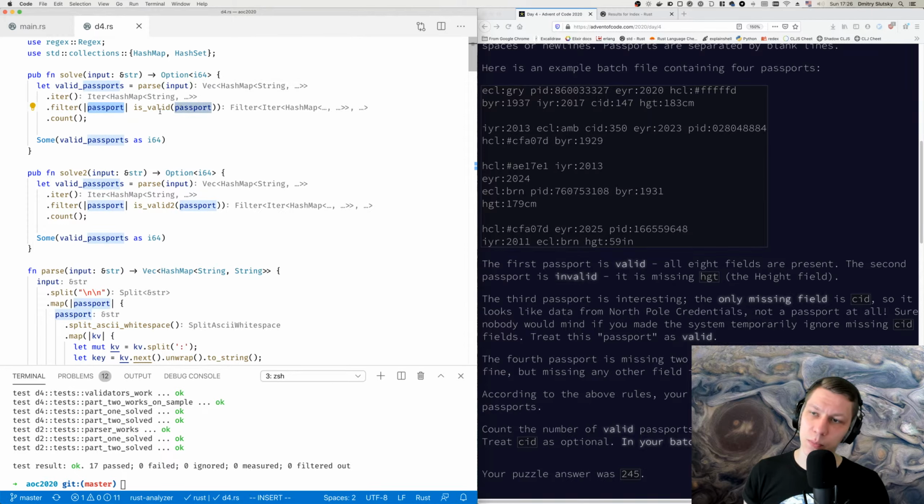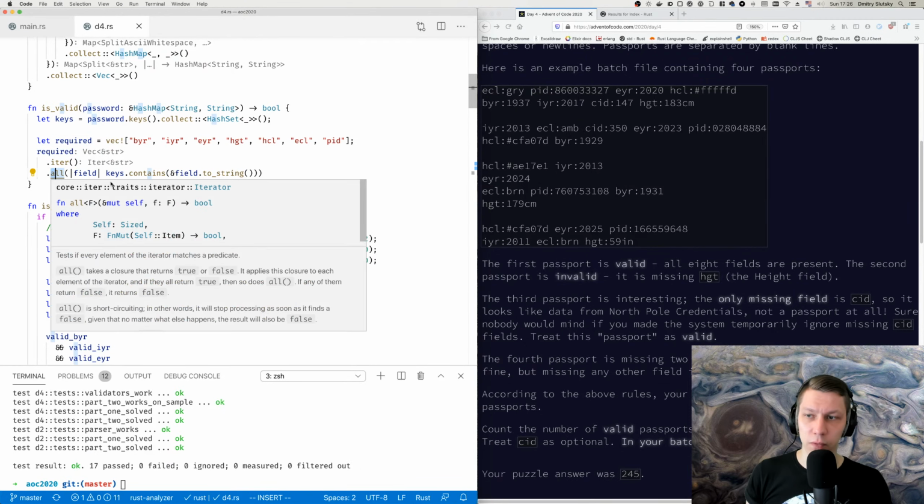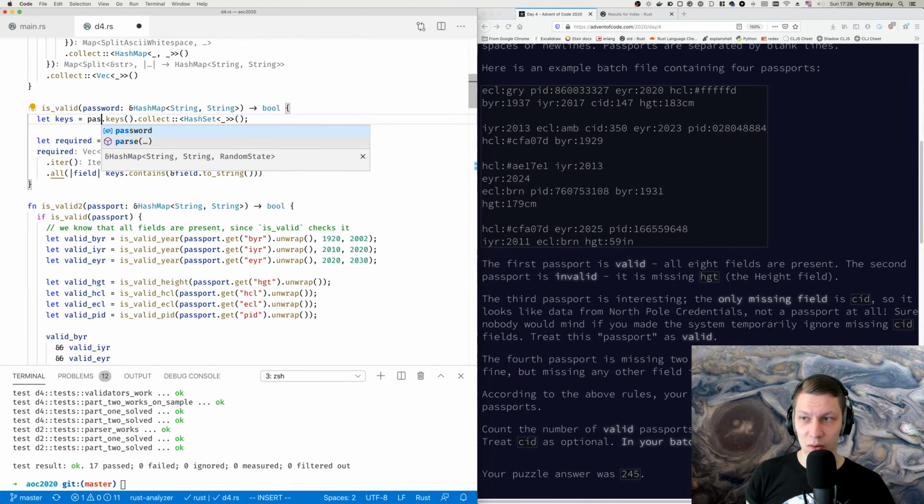We filter each passport with the isValid function, and this function just checks that we have all the required keys. So we take the list of required keys, we iterate, and we check that for all of them we can find a corresponding key in the, by the way, this is a passport, not password,